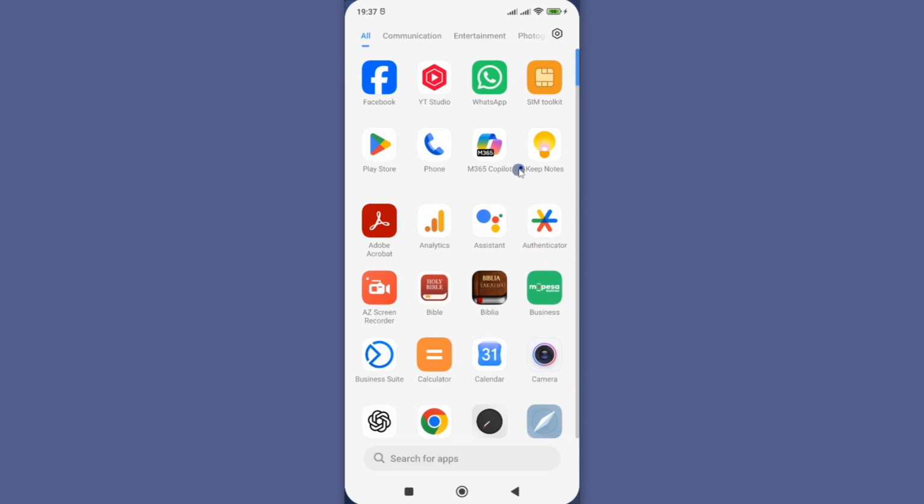Hi, in this video I'm going to show you how you can install the right Microsoft 365 Copilot app on